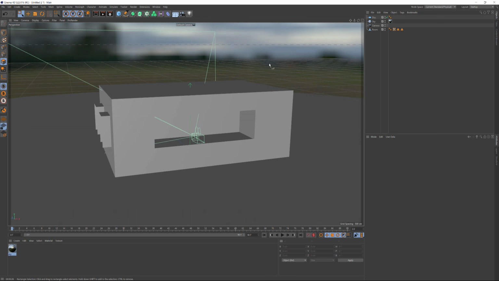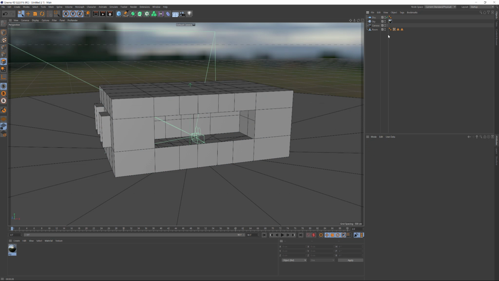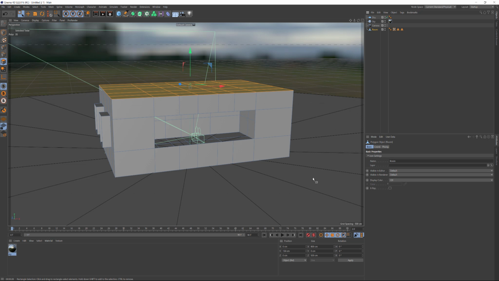Let's just make this clearer. I'm also going to go to display, grid shading lines, because then you can see the geometry a bit clearer. Hopefully in the video that will help. So I can select, by double clicking these two tags, those different bits of geometry, and that is really, really useful. I'm also going to go to the room, and then I'm going to select both of these